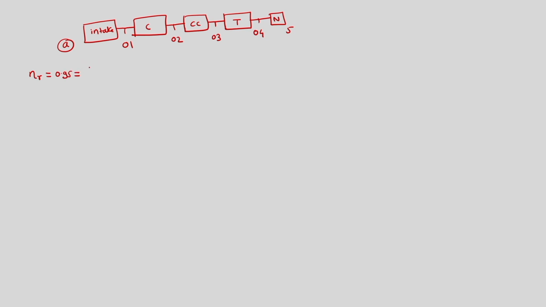So, we are told that RAM efficiency is 95%. So, we will use this, and we know how to find out RAM efficiency using the formula (P01 minus Pa) divided by (P0a minus Pa), actual pressure rise divided by ideal maximum pressure rise. Here we need to know P0a. For that we have to first find out Mach number.